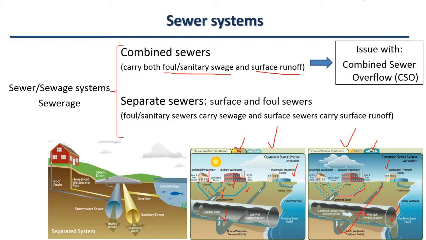Anyway, the combined sewer is more or less the old system. Later, we had separate sewers, where the surface water and the foul sewers are completely separate. So if there is heavy rainfall or low rainfall, there is no mixing and no overdischarge. The combined sewer overflow, CSO, which is a big issue for the combined sewer, is not an issue at all for the